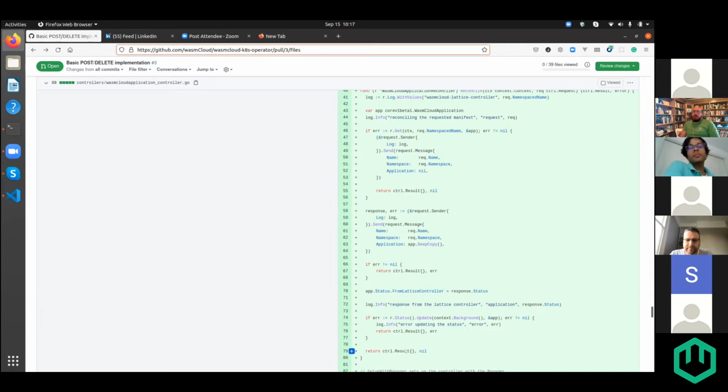Yeah, so you'll be able to do both. The lattice controller will publish events that are of interest when the status of an application changes, and you'll also be able to query the status of an application. But again, that's functionality that hasn't yet been implemented, but it should fit in pretty well with either a Kubernetes operator or any other consumer that wants to programmatically deploy applications. Right.